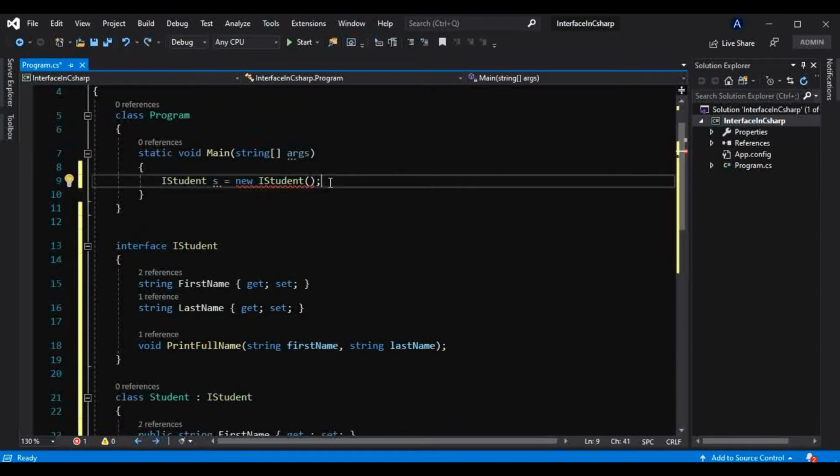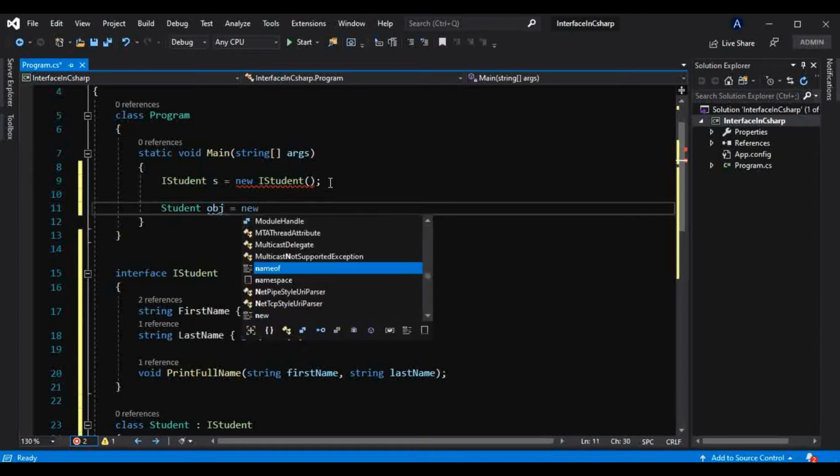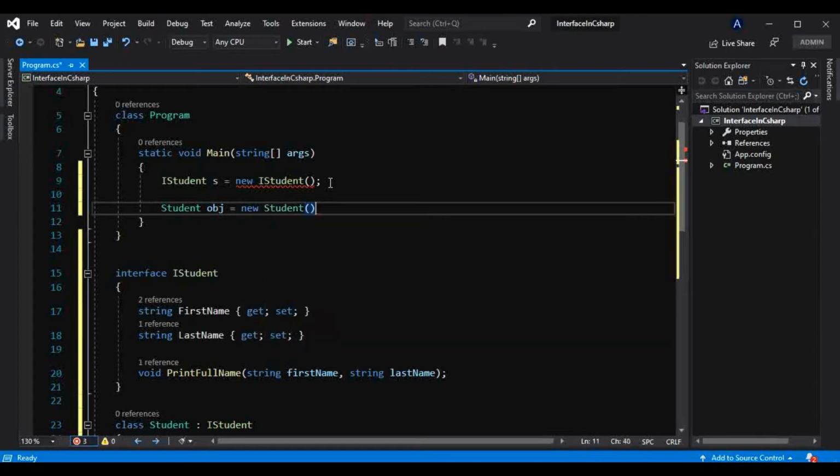Now we have learned in this tutorial series that we can create an object of a derived class like this. So let me make that class object, that is Student obj is equal to new Student, like this. Okay, so it is possible. But there is also one concept we have learned: we can have a derived class object through the base class reference variable, or here it is not a class but an interface.